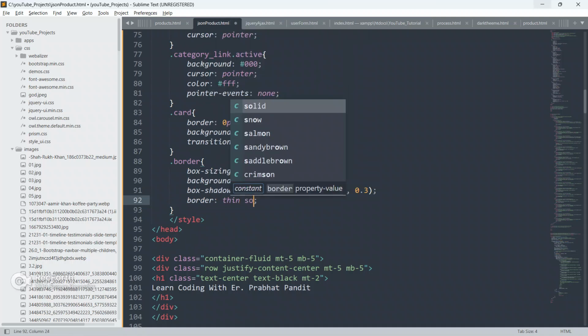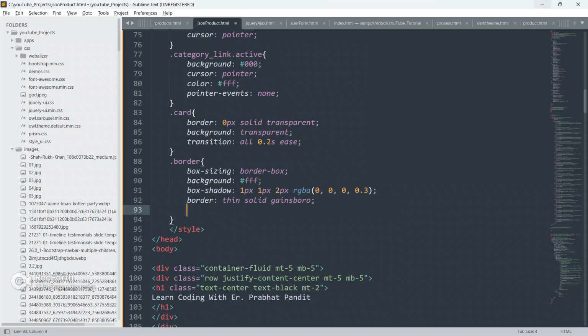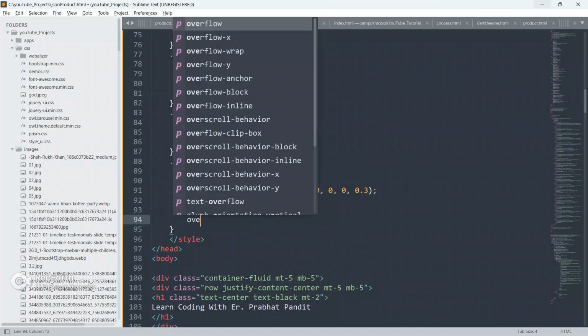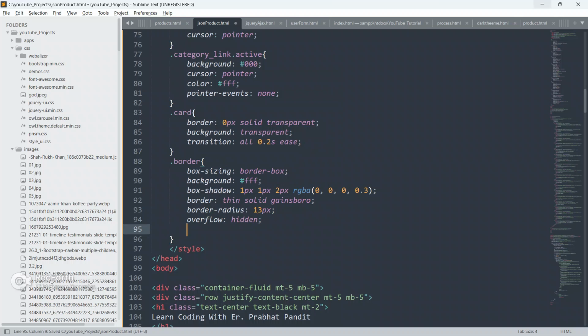Give border thin solid Gainsborough, give border radius as 13px, give overflow as hidden.